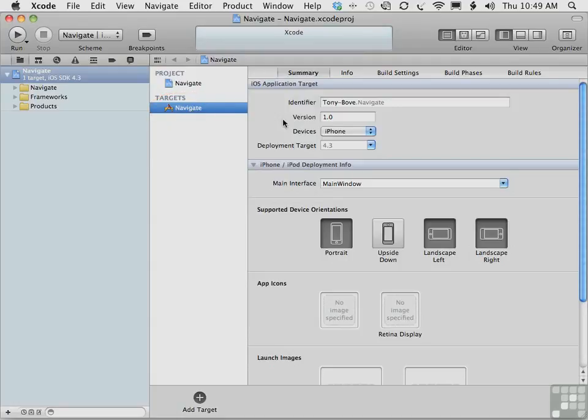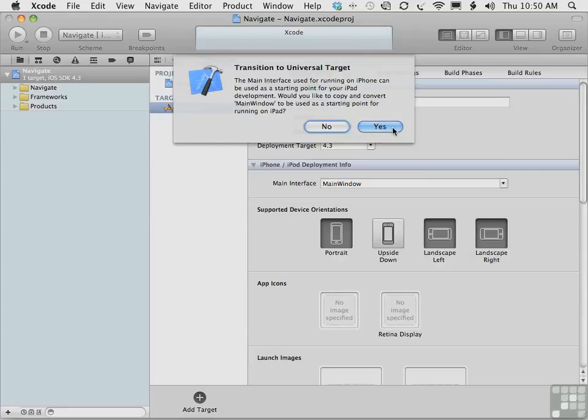In the Devices pop-up menu, you can choose iPhone, iPad, or Universal. After choosing Universal, Xcode pops up a message that lets you choose whether to use the main interface already developed for the iPhone, which is in the file mainwindow.xib, as a starting point for writing the interface code for the iPad. If you click Yes, Xcode creates a new